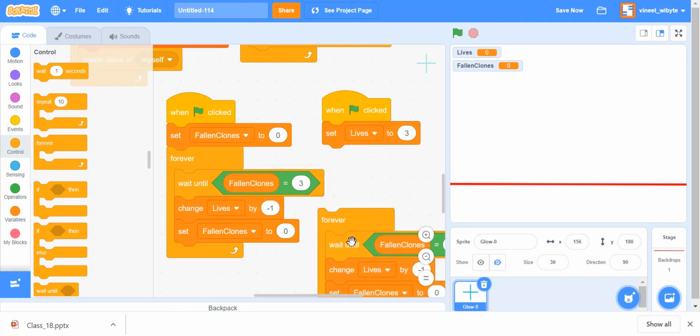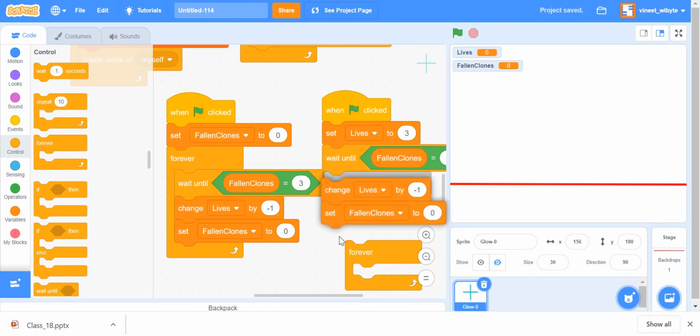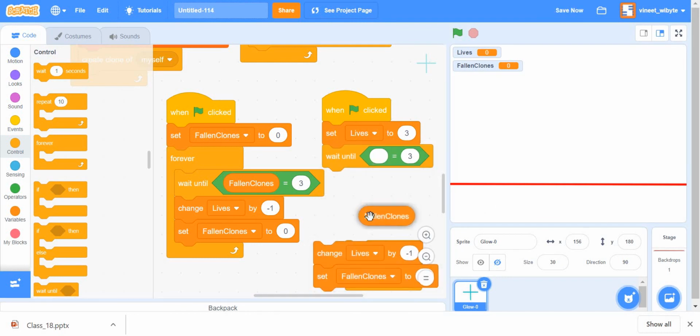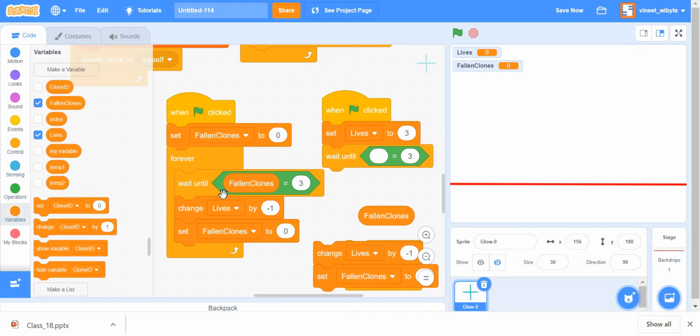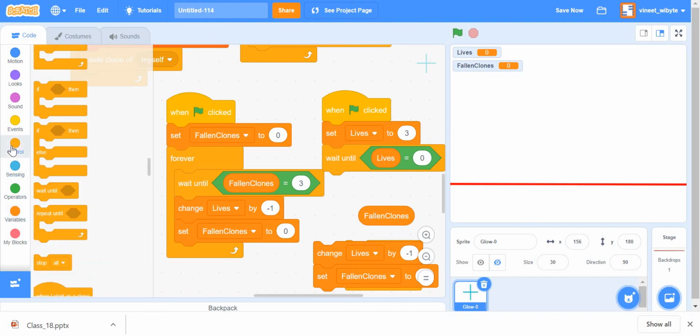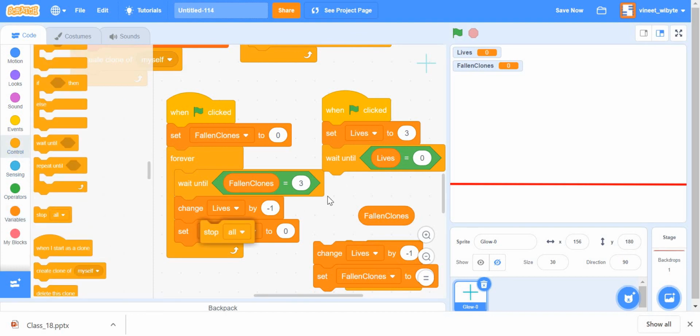Here, an interesting point is that I will not put forever, because this event will happen only once. Unlike fallen clones becoming 3, which was a repetitive event, lives becoming 0 will be a one-shot event, because lives will go from 3 to 2, 2 to 1, 1 to 0. And once that happens, I can say stop everything.